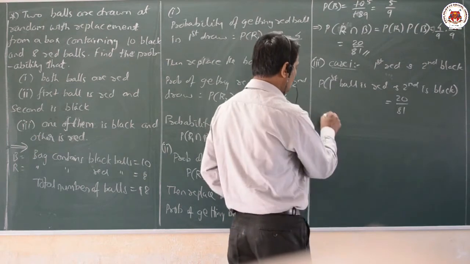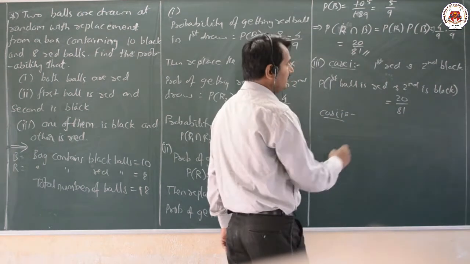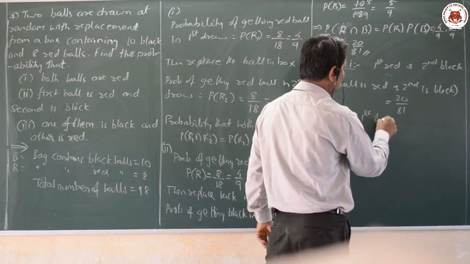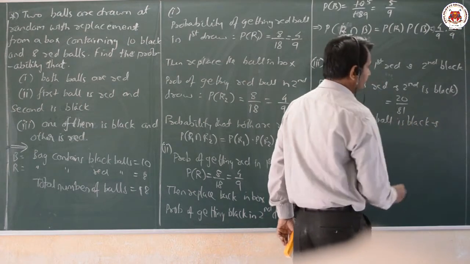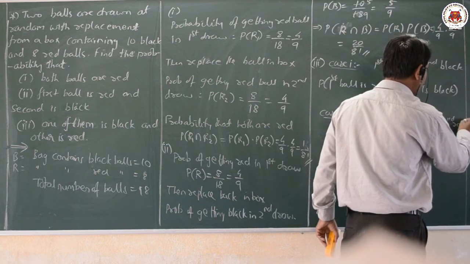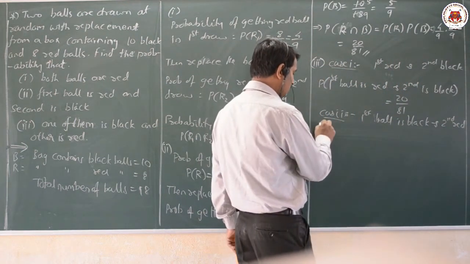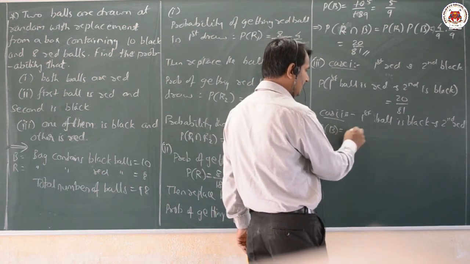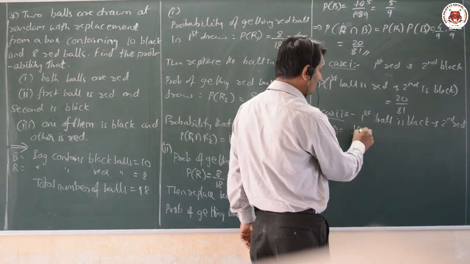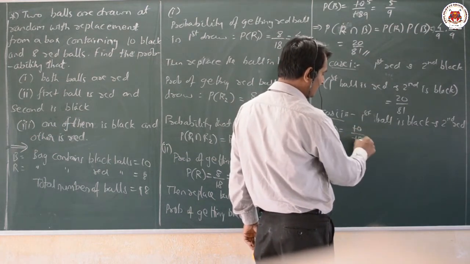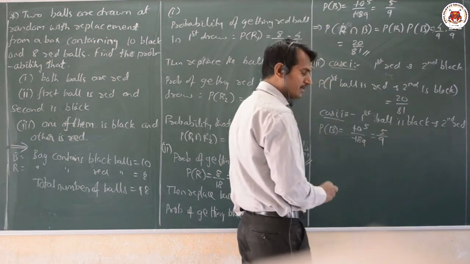Okay, so case 2, what it is? Case 2, okay, dear students, that is nothing but here first ball is black and second red. So second red means first is black. Okay, let us solve it. That is the probability of getting black here in the first draw. That means how many black are there? Again we are getting here 10 black out of how many? That is 18. So what we get here, that is nothing but 5 divided by 9. The value is 5 by 9 here.